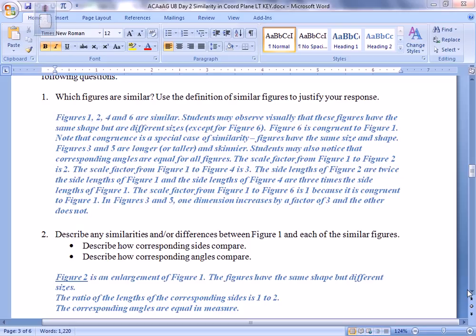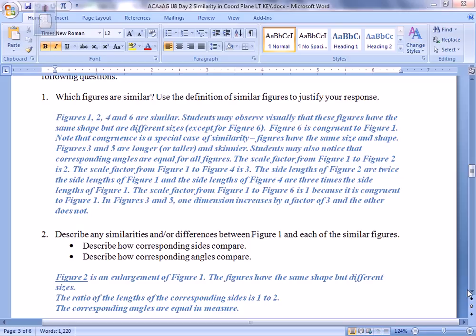So if we have similar figures, then we're going to have the same shape, but different size. Our sides are going to be in proportion, and our angles are going to be congruent. Okay, did y'all get that when you read through that? All right, so